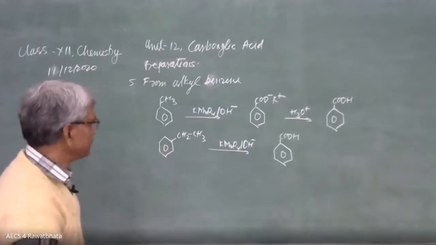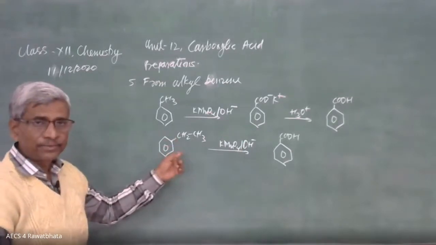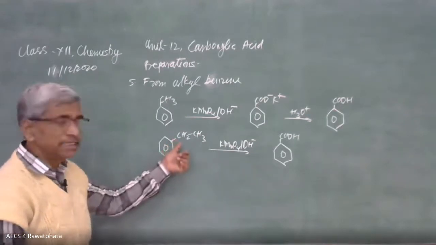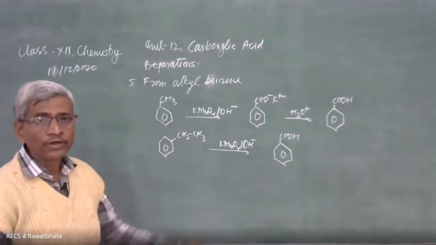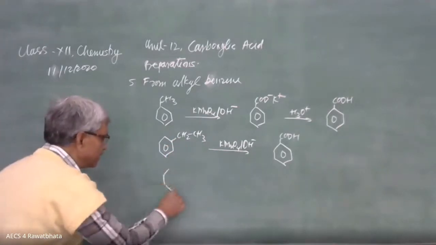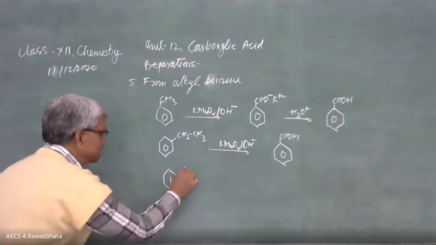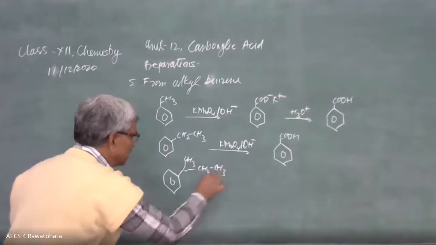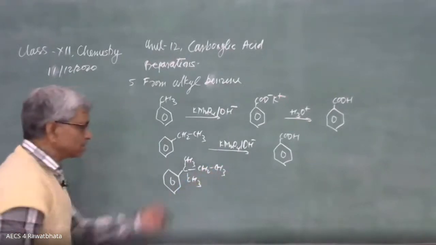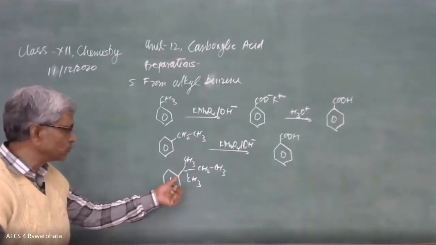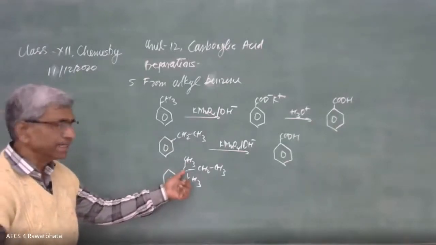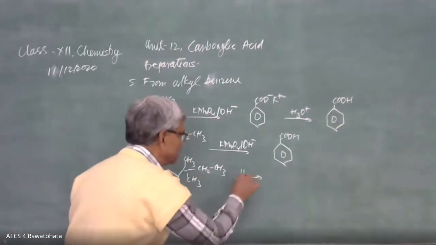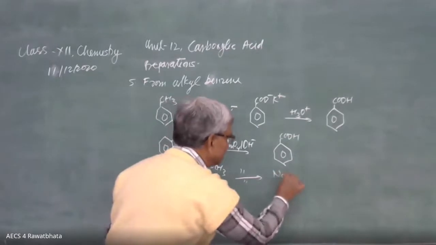Here the one condition, if this alkyl group is primary and secondary, then this type of oxidation goes on. If this carbon is tertiary, then there is no oxidation, no reaction will take place. If here is C, here is CH3, here is CH2, CH3, and here is CH3, this carbon is 3 degree, which is connected to this benzene ring. Due to steric hindrance, this oxidation process is not carried out. There is no reaction.